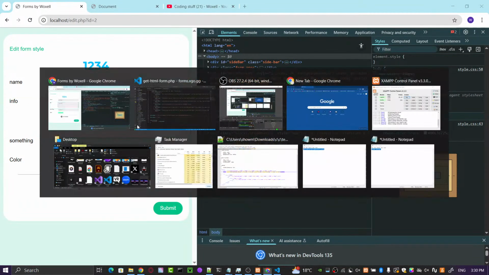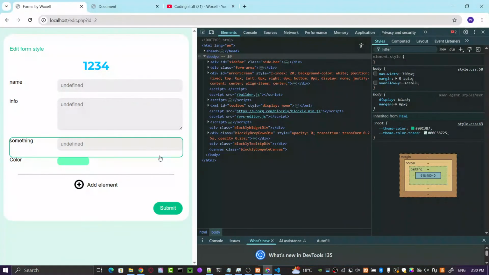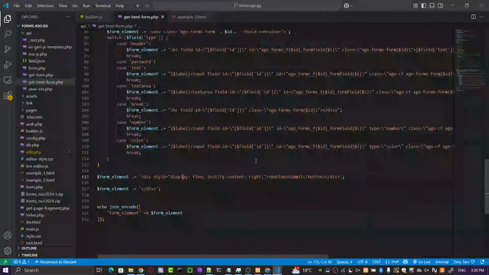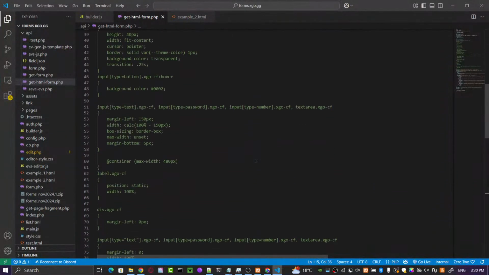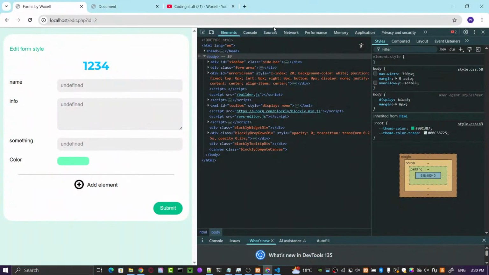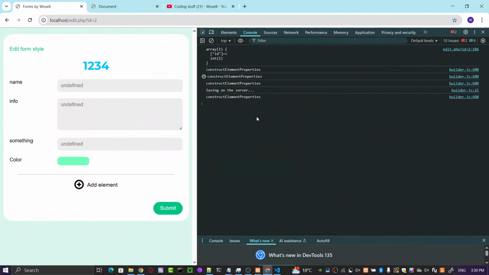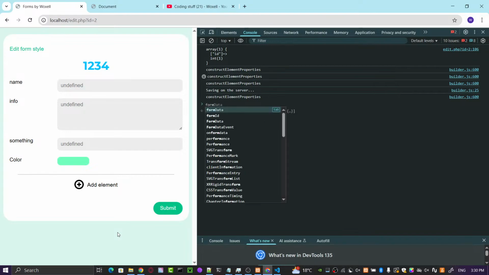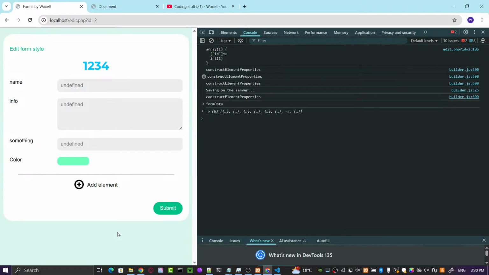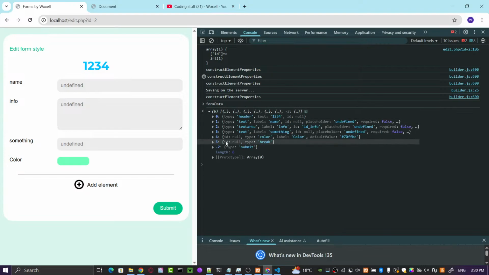It's not supposed to be like that, but that's okay. Also, where do we have it saved? Form data. It's this, and yeah, we have the -2 index, and that's the submit element.